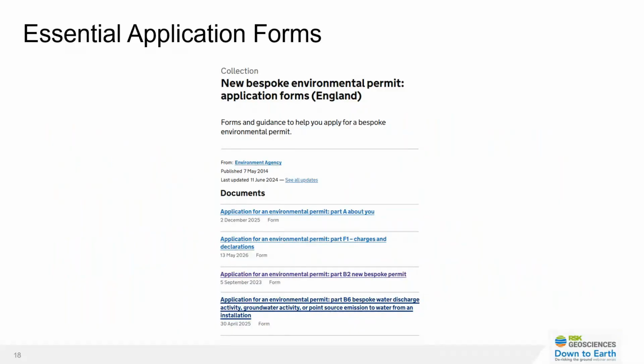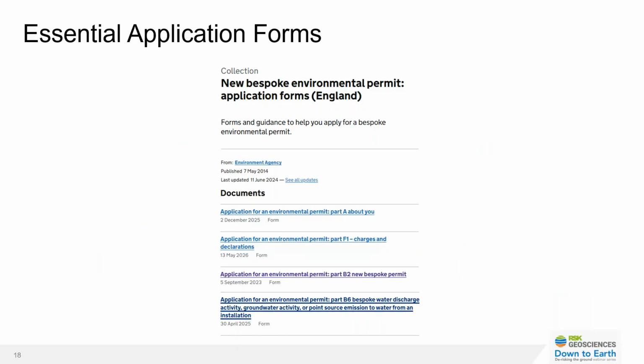There's 4 main application forms that need to be submitted as part of a bespoke environmental permit application for the discharge of construction surface water. Part A, which is all about you, who it is that's submitting the application. Part B is about the permit. B2. Part B6 gives a bit more detail on the activities that's taking place, and Part F1 highlights the charges